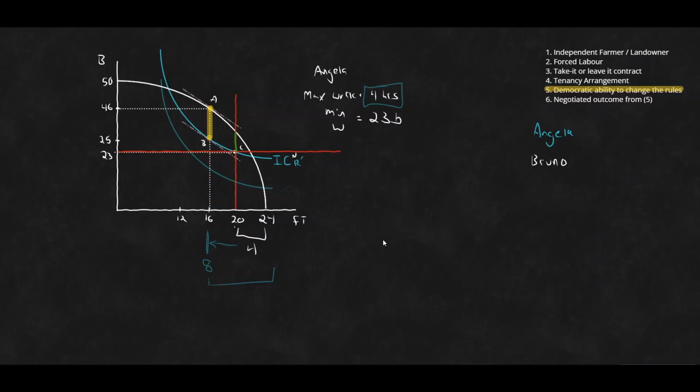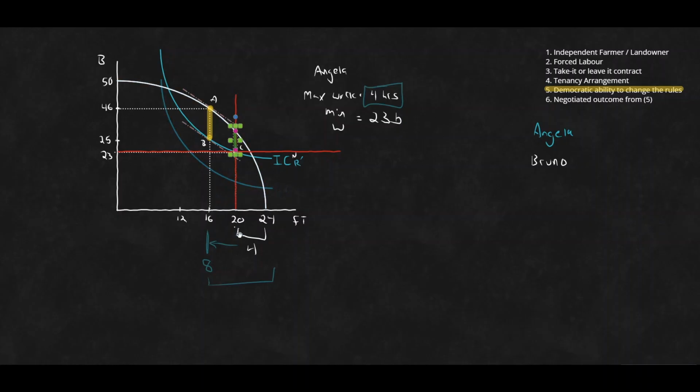At 20 hours of work, that is the total gains from trade. The difference between what is capable of being produced and what is the minimum that is willing to be received. Any point to the right of this, you will see, would actually be less gains from trade than at 20 hours of work. So although the marginal rate of substitution is less than the marginal rate of transformation, they are the closest together that they could possibly be given our constraints, the red lines.